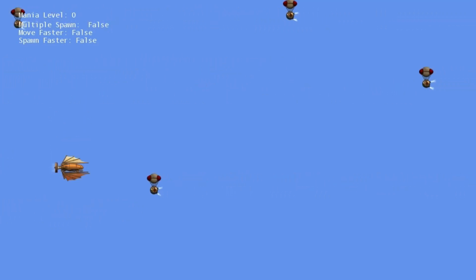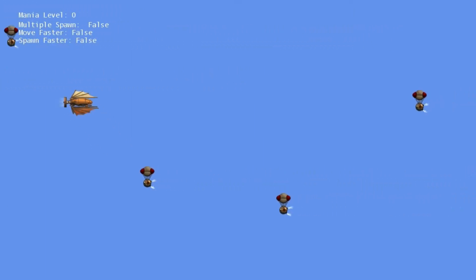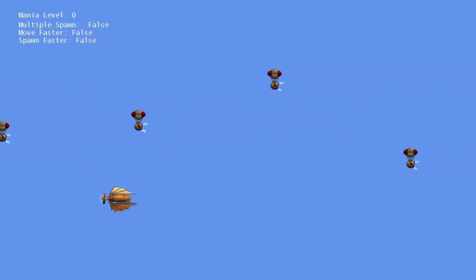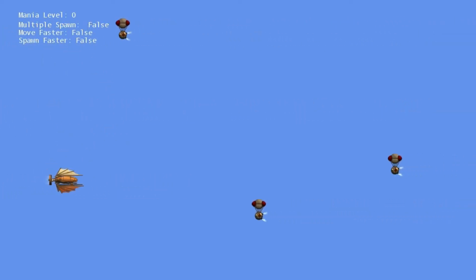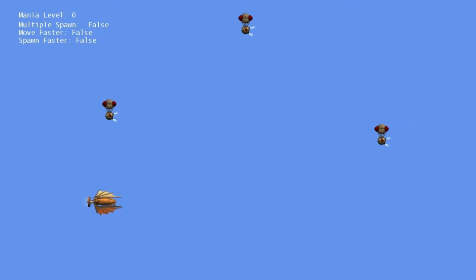Hey guys, I'm here today to demonstrate this proof of concept for an idea that I had. The main question I had was, what if the player could determine the level of difficulty on the fly? And I don't mean that you can go into the main menu and change whether it's easy or hard. I also don't mean that the game changes its difficulty based on how well you play. I mean, what if you could change the level of difficulty on the fly whenever you wanted in order to